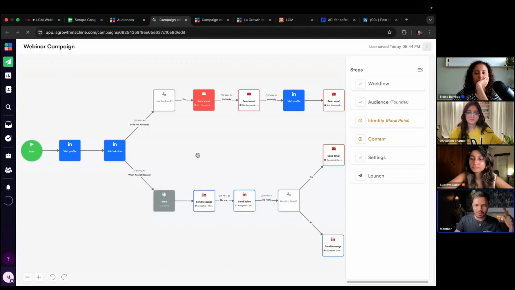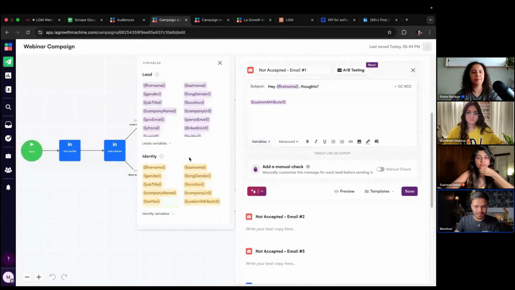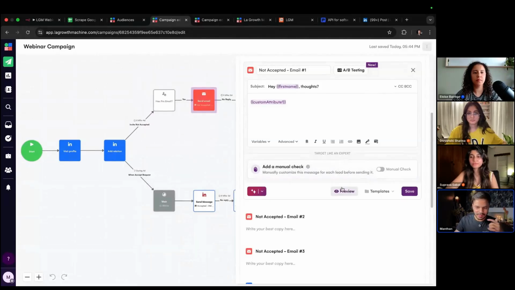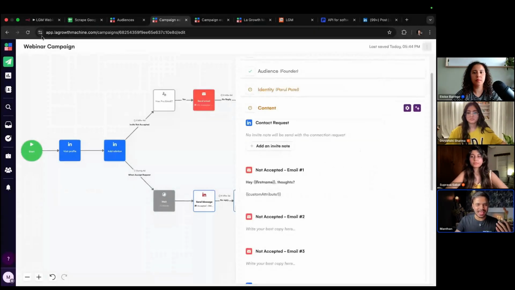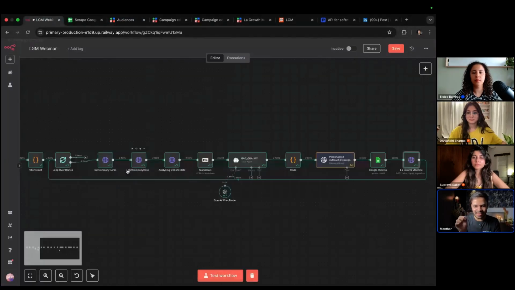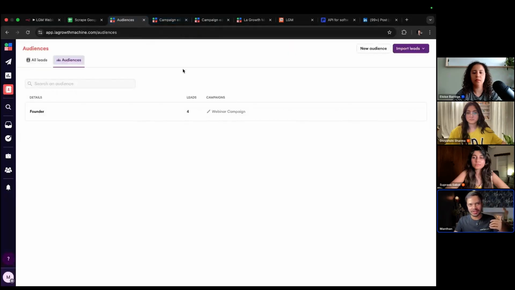Now, in order to import those custom attributes, just click on content. Again, I'm just showing you. This is the custom attribute one from variable. This custom attribute is the personalized message that we generated from our OpenAI chat model, and this is a preview of what it's going to look like. So that's how you can use LGM plus n8n to create multi-channel outreach. And the beautiful part is we are not paying anything for email providers, because LGM has this native waterfall enrichment feature with more than 10 email providers. It will automatically enrich those leads, find their professional email addresses, and send out emails.